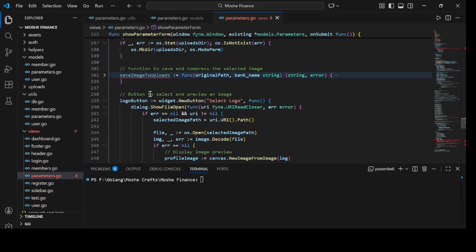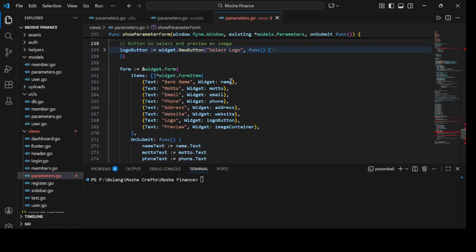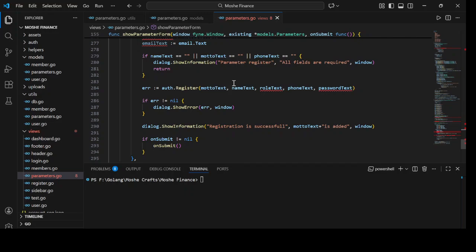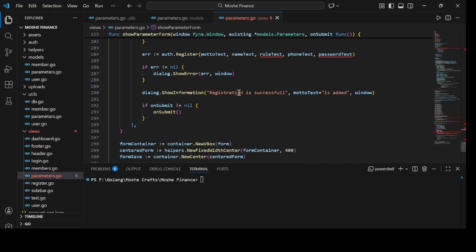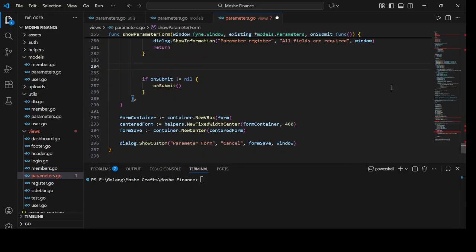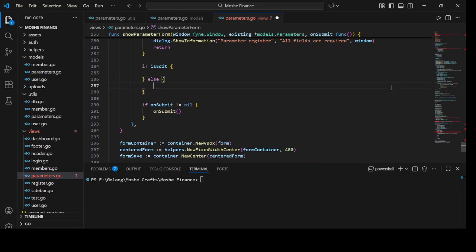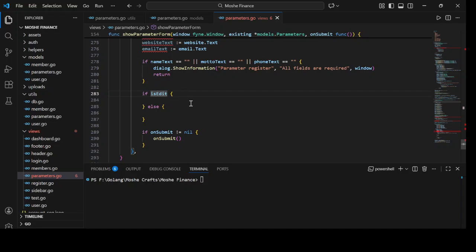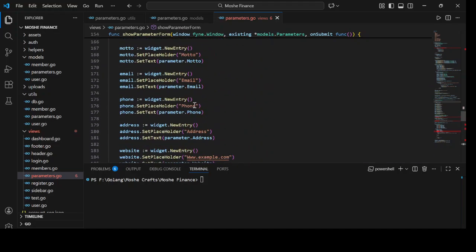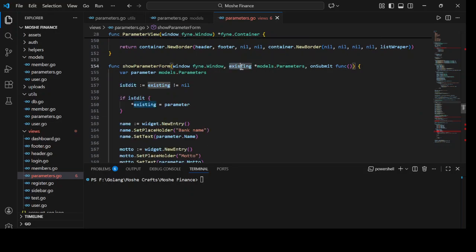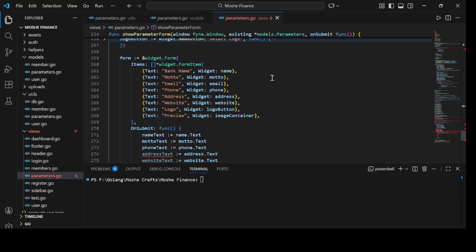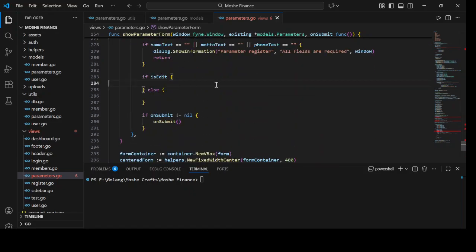This is what I'm going to do now. I have to check if we're editing. Else we're going to do that. So this can only be true if we're editing. We're checking if editing is true: only if this existing is applied, then that means we are editing. Otherwise, if it's nil, then we're adding an entirely new item. So if editing is true,